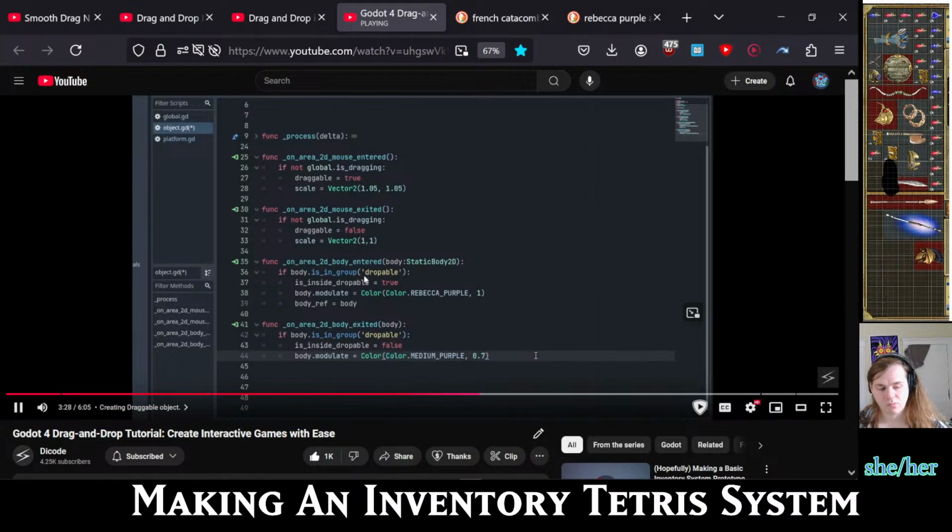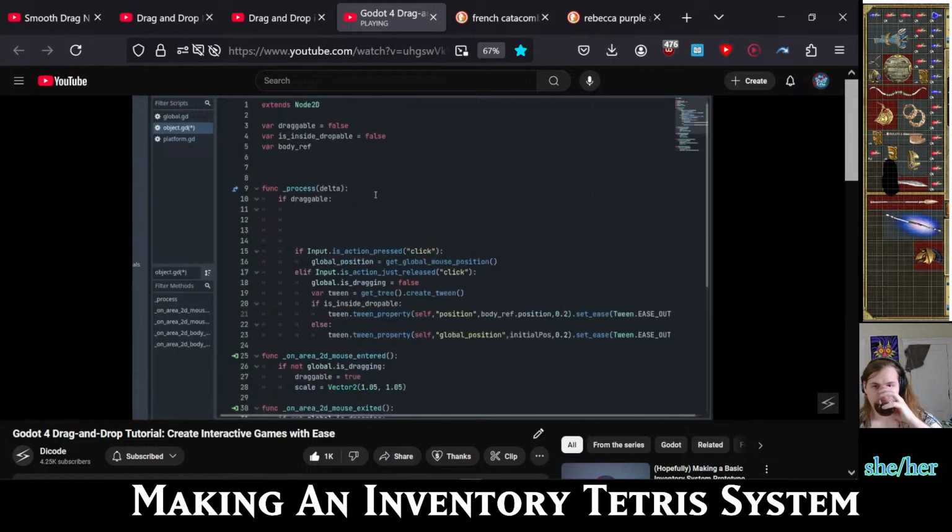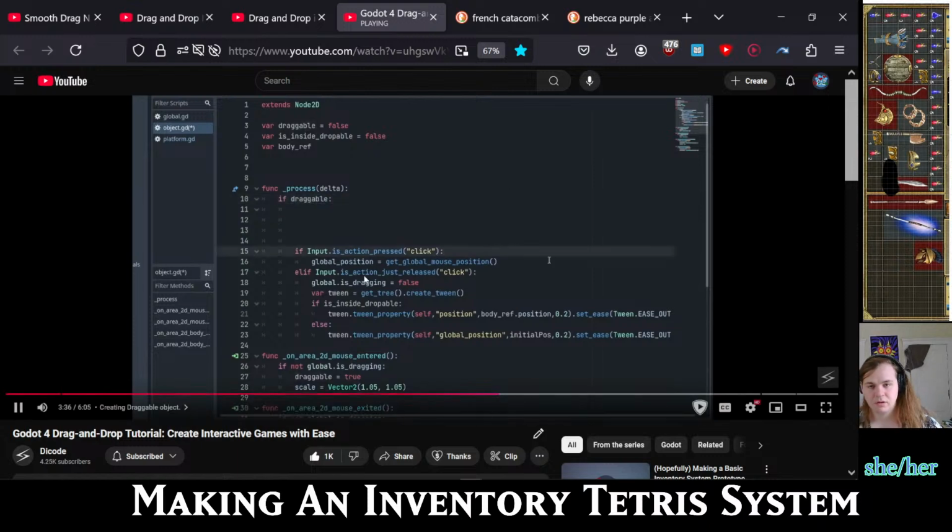To write the process function to handle the drag. So inside it, we first check if draggable is true because we don't want to do unnecessary calculation. After that, we look for... Also, the way this works is really clever, where it's like the if draggable, and then you basically add stuff as needed. This is how most tutorials should work, where